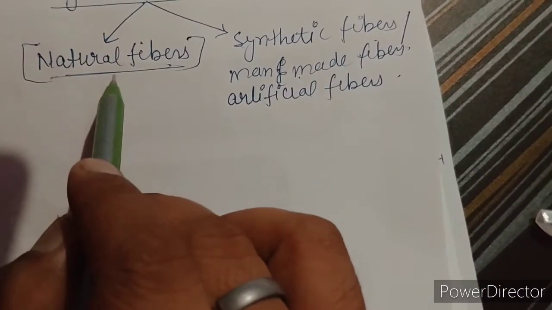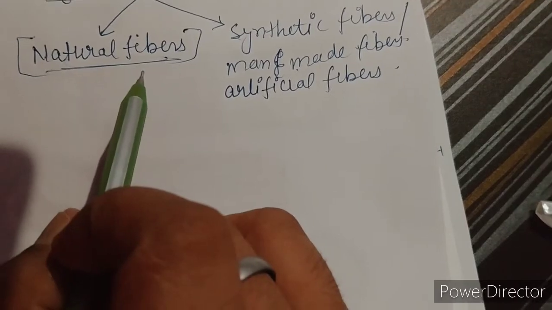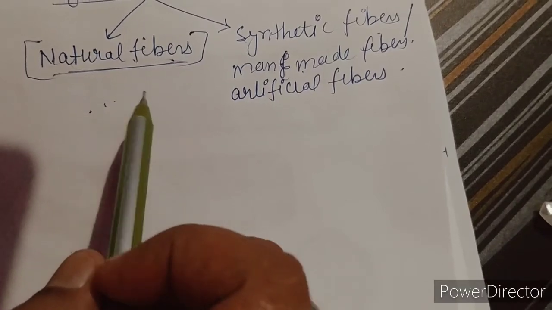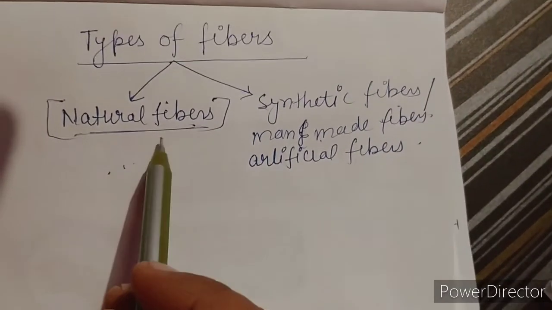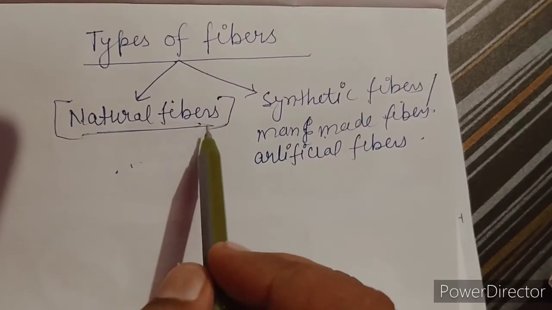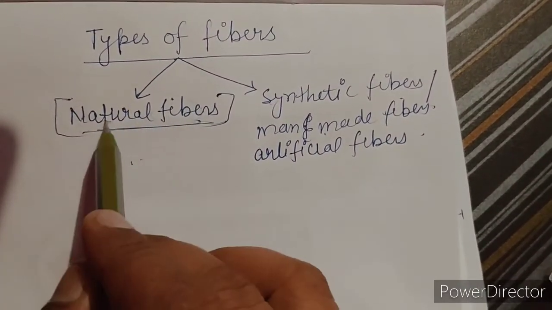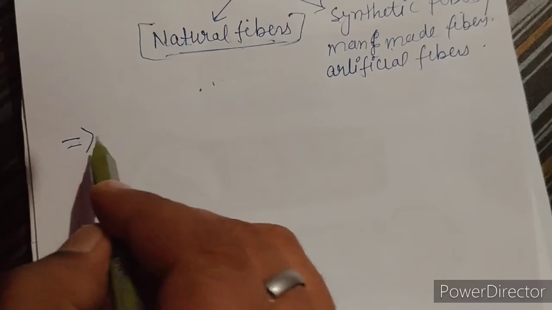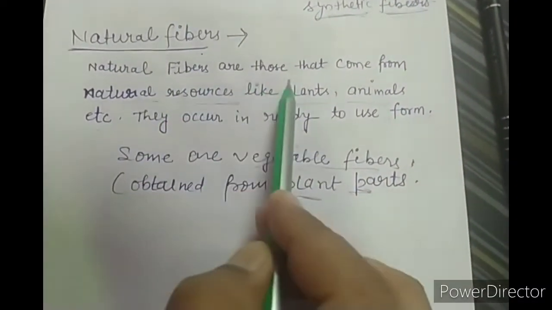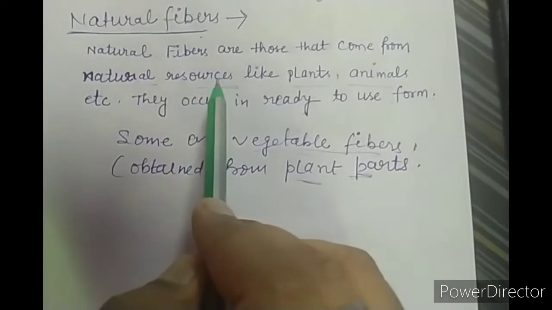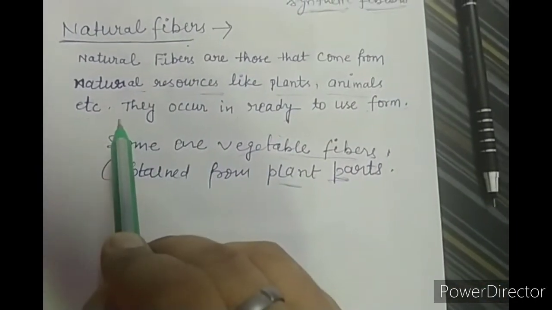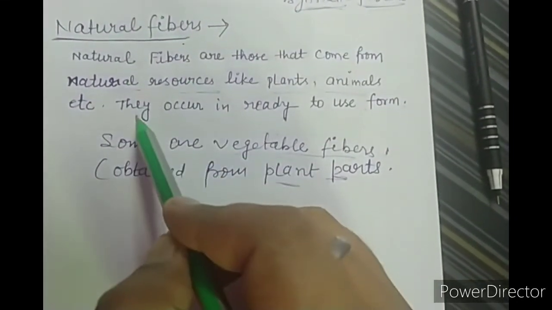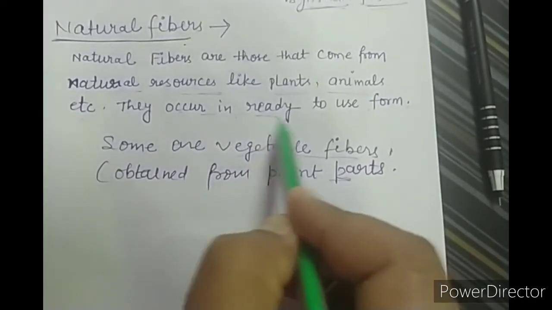So natural fibers, which one comes from nature? Natural fibers are ones which we get from nature. For example, cotton, jute, linen, silk, wool, so many kinds of things which we get from nature. Natural fibers, let's discuss in a brief explanation. Natural fibers are those that come from natural resources like plants, animals, etc. So we can say that natural fibers we get from nature directly, and students, they occur in ready to use